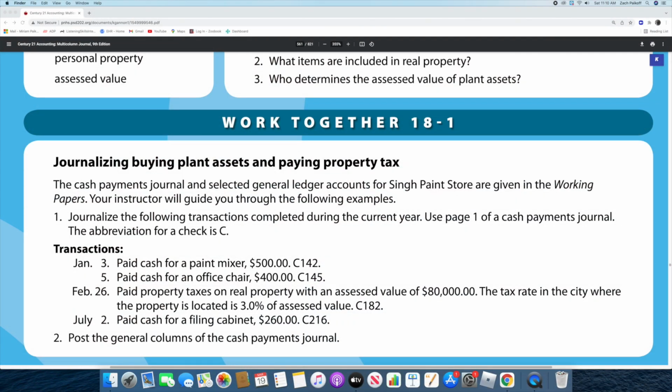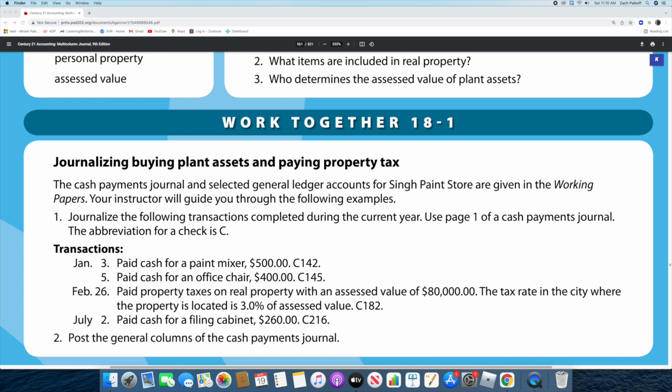Today, I will be going over the 18-1 work together. So let's jump right into the video. Okay, so as I had stated before, I'm going to be going over the 18-1 work together. In the last video, I read over the 18-1 text. If you did miss that video for any reason, please click the link in the description. But anyway, today I will be going over the 18-1 work together, where we will be journalizing buying plant assets